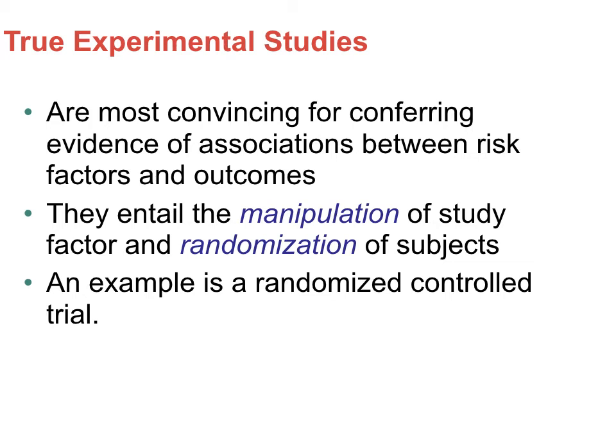So, true experimental studies, you could think about two factors that must be present in order for them to be considered an experimental study. That's manipulation of some type of factor. We think about a control group and an intervention group. The intervention group is going to receive a medication. So that's the manipulation factor. The other group will not receive the medication at all. And so you want to see if by receiving this medication, you see some type of difference in terms of the health outcome compared to people who don't receive that.